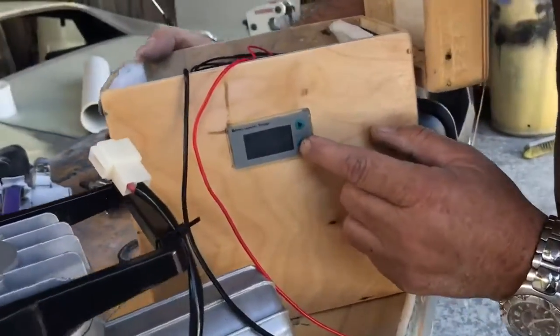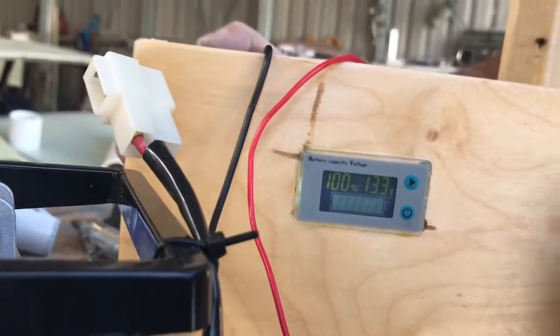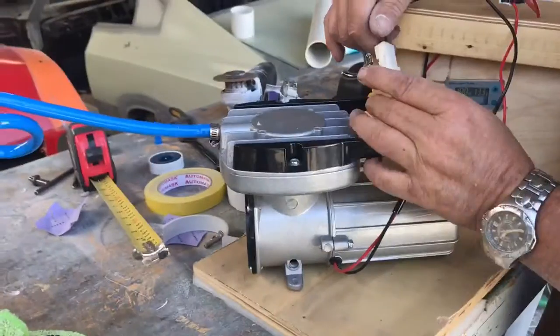Put in a little meter here as well. It tells me the battery's 100% charged. It's got 13.3 volts, so that's all lovely. Now I'll just show you what the compressor sounds like when you turn it on. At this stage I haven't got a switch in it, I've just